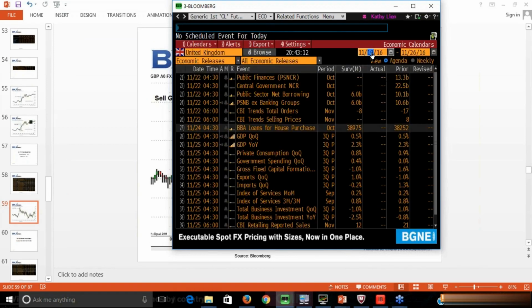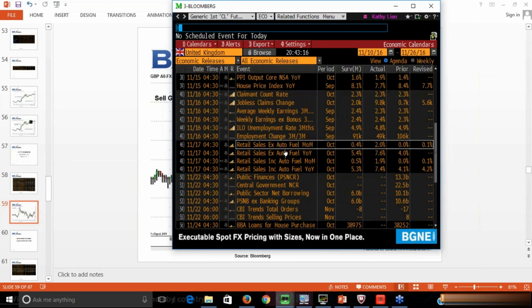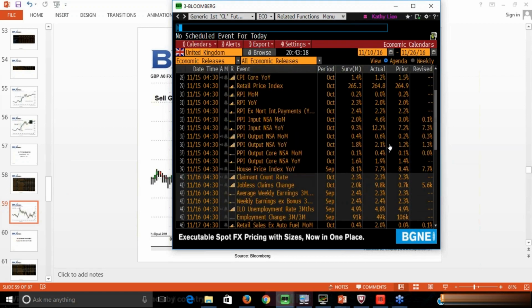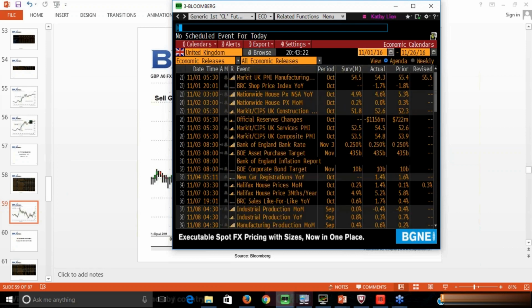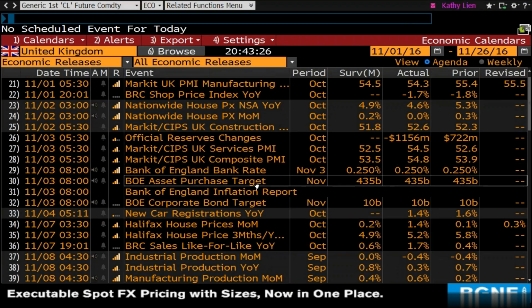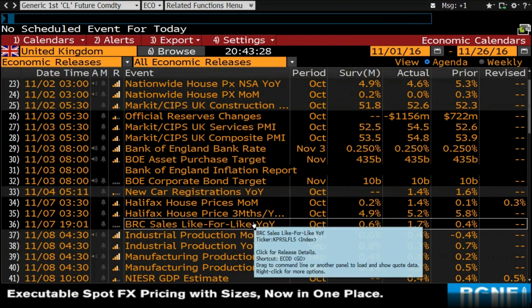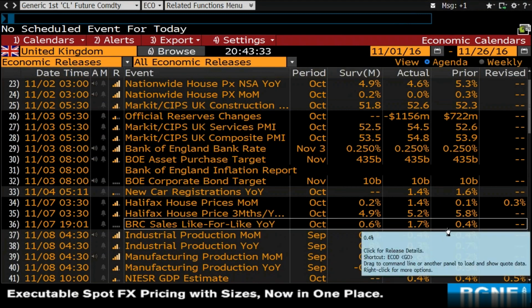So basically, UK retail sales came out this past November 17th. The leading indicator for UK retail sales is a number that has the word retail sales in it, so it should make sense to you that it is a leading indicator. It's called the BRC sales report, the British Retail Consortium's retail sales report. That rose strongly in the month of October from 0.4 to 1.7.